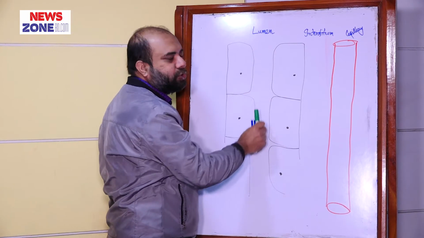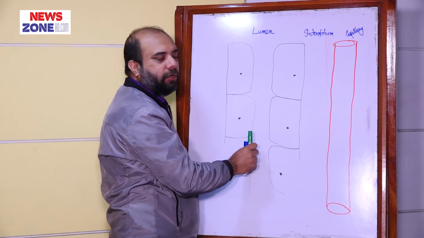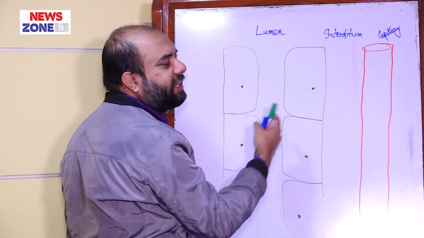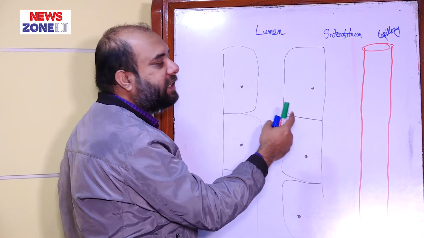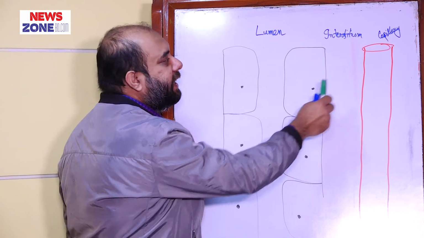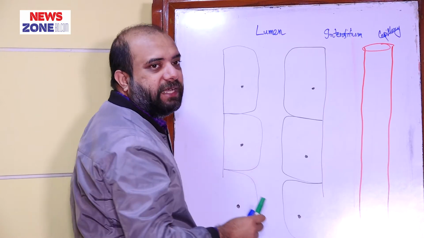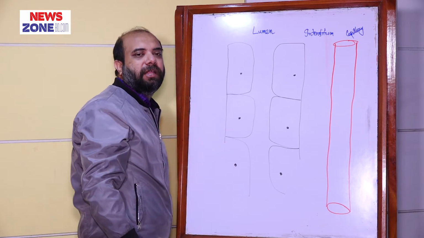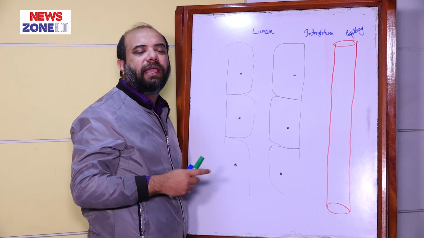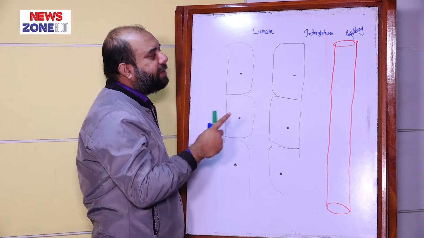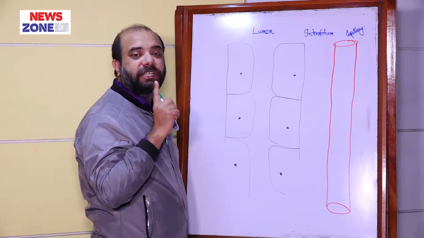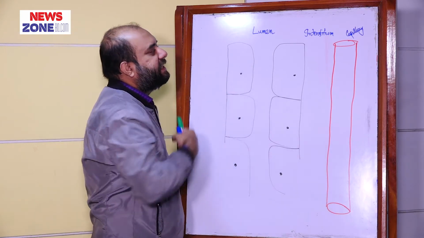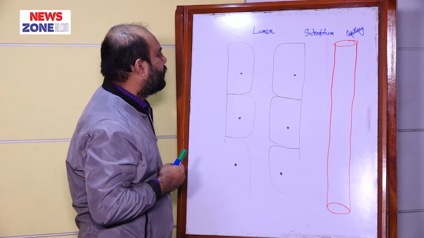This is the luminal portion of the renal tubule, and this is the renal tubular epithelial cell. You can identify the renal tubular epithelial cell by the presence of this nucleus, and this thin space is known as the interstitial space, and this capillary system is known as the peritubular capillary. Why is it called peritubular capillary? Because this capillary system is situated around the tubule. Peri means around, so that's why it is named peritubular capillaries.